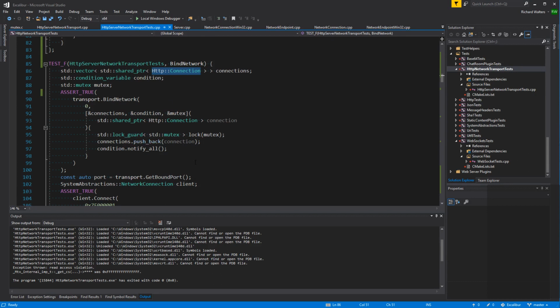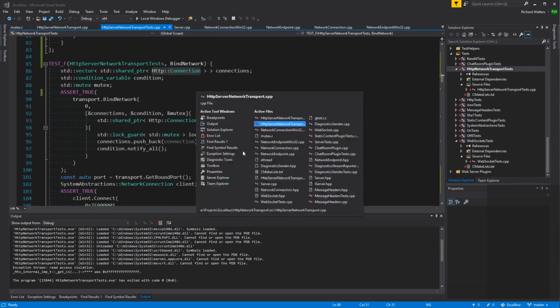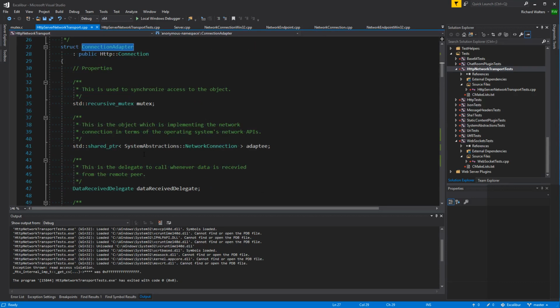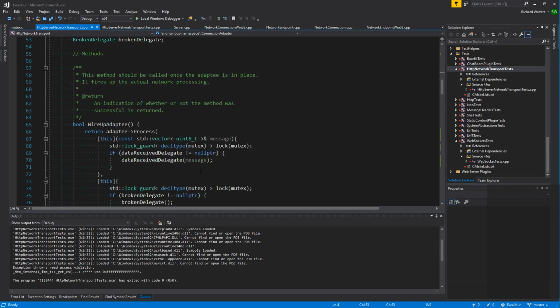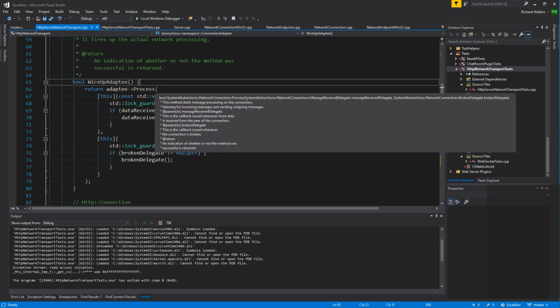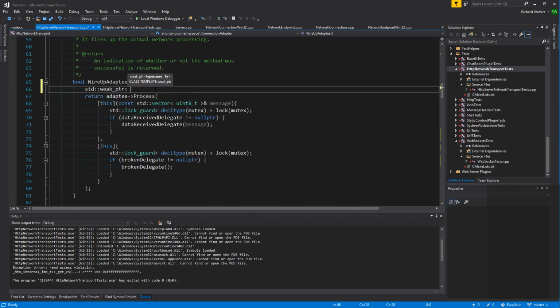So that is actually, what is it called? One of these connection adapters, and that connection adapter holds a shared pointer now to an adaptee. But that means the adaptee can live longer than the adapter, and then try to call to this. So what we need to do is go through a weak pointer. That's what we need to do. So standard weak pointer. You don't want to make it a strong pointer because then you have a circular reference issue. Weak pointer to a connection adapter, right?